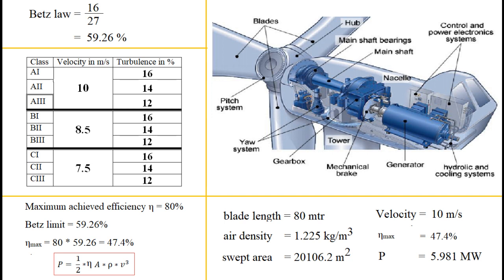Now let us consider the direction of wind flow, or the direction in which the velocity vector becomes incident on the blade surface. As was already pointed out, the direction of the velocity vector is expected to be perpendicular to the swept area. But if it is not perpendicular, then the turbine face has to be adjusted to keep it perpendicular. The whole body of the turbine that rests on top of the tower is connected to the tower by a yaw system, which takes care of the perpendicular direction of wind. It senses the direction and turns the turbine in either direction.